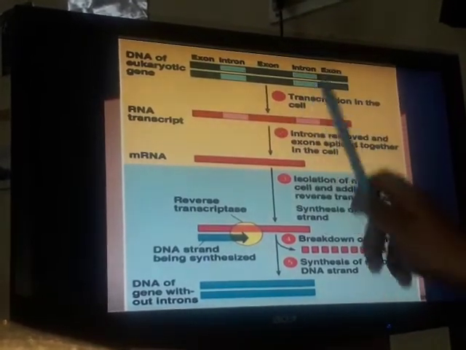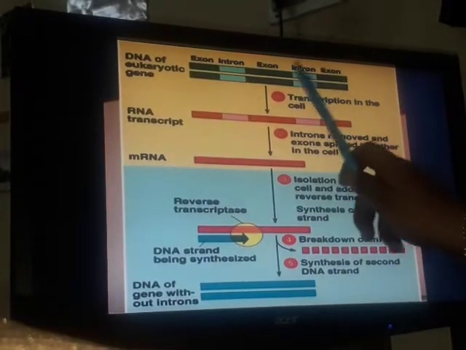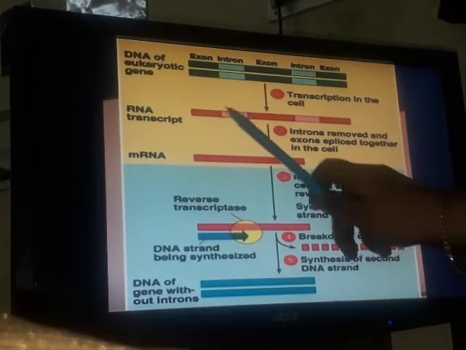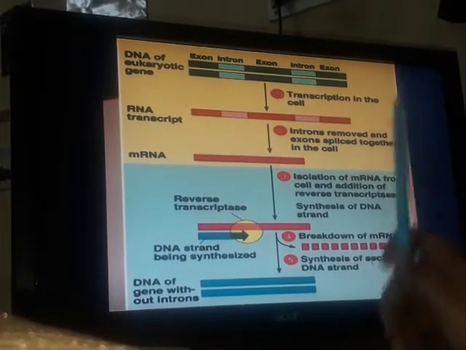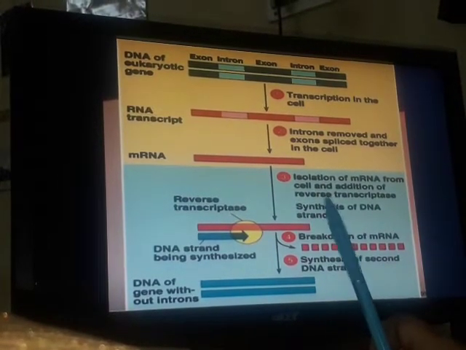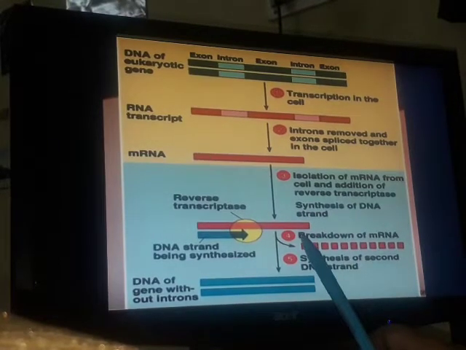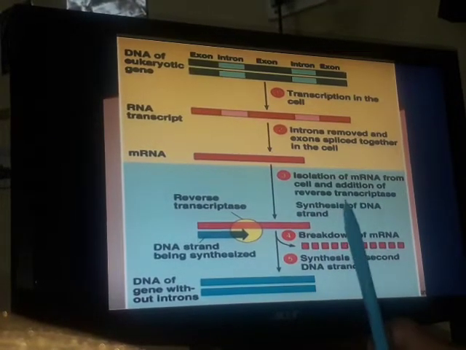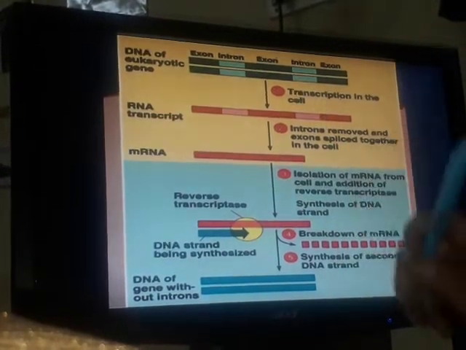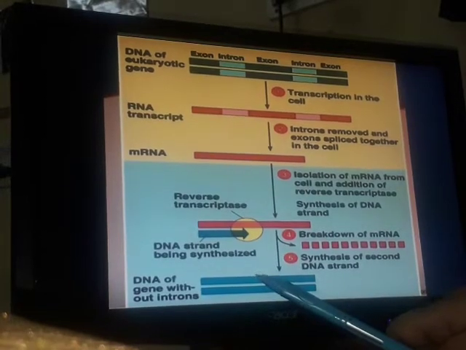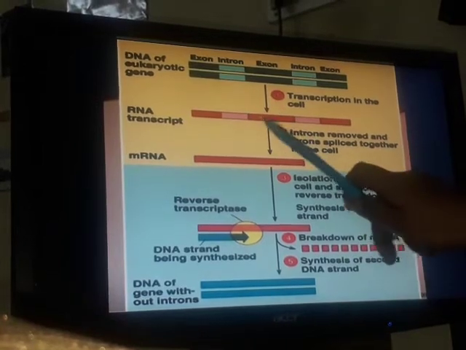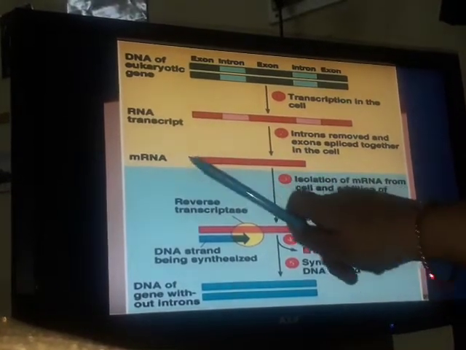So what is happening in transcription? This particular DNA is undergoing transcription, so you are getting an RNA transcript, a pre-mRNA transcript. Why? Because you have introns here. As I already told you, introns in mRNA have to be removed by a mechanism called splicing. Spliceosomes are required to remove the introns, because these are unnecessary sequences present in the DNA. So by spliceosomes and the process of splicing, the introns have been removed. So you are generating an mRNA. So this is the isolation of the mRNA.